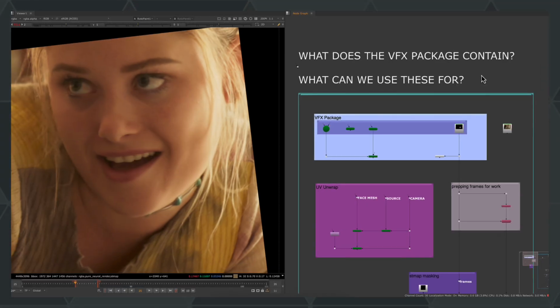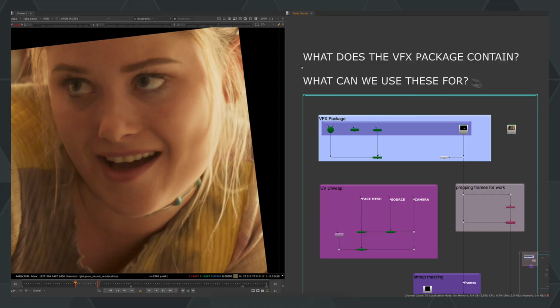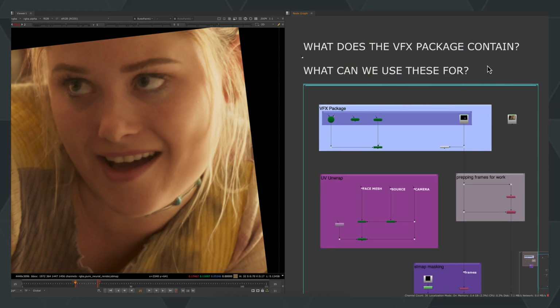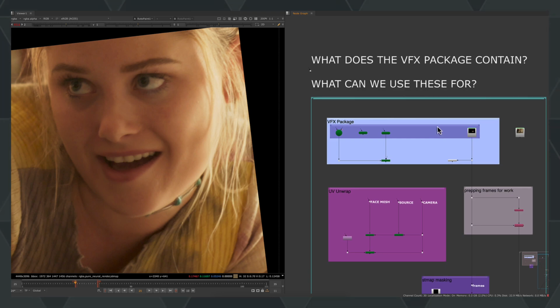I'm Oliver Blowers, Compositing Supervisor here at Flawless, and today we're going to be looking at the VFX package, which can be exported from any theatrical VUB when using Deep Editor. So we're going to be working in Nuke today. For any of those watching who are not familiar with this piece of software, it's primarily designed for 2D compositing, and this package itself is also designed for anyone who's working in the 2D compositing world. So we can just dive right in.